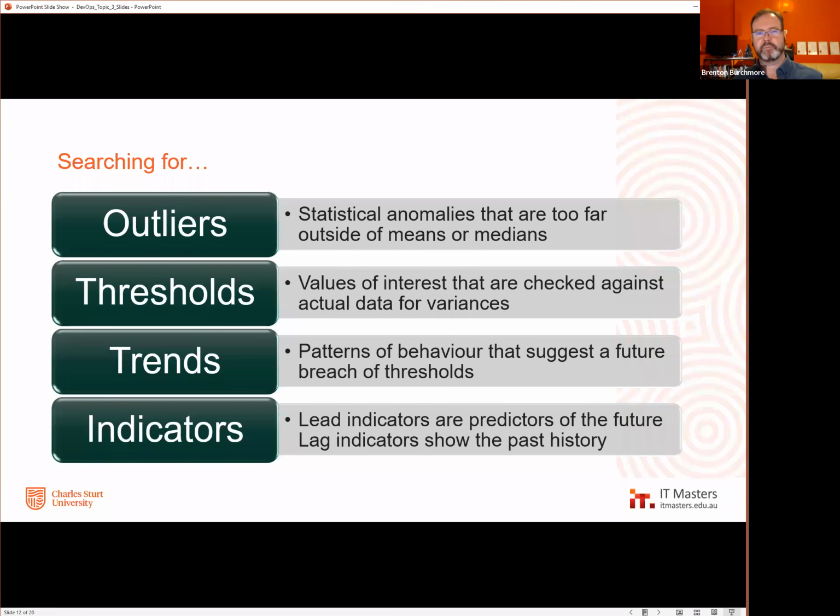And often we talk about two different kinds of indicators. We have lead indicators and lag indicators. And really, they're just about how we are able to interpret the data and are we able to look forward or backwards. So lead indicators are things that tell a story that suggests a certain thing is going to happen in the future. So I'll give you an example of the traffic light.